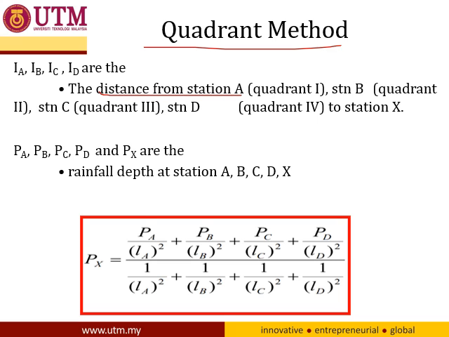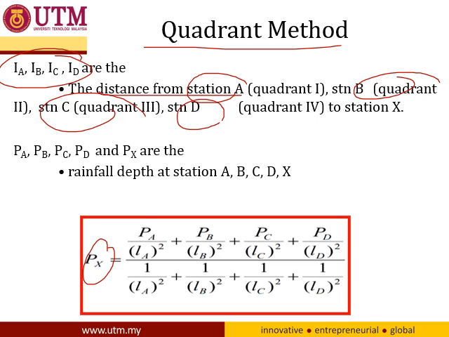If you want to find the data for station X, there is the distance from station X to station A, the distance from station X to station B, the distance from station X to station C, and also station D. This is the distance, L, and